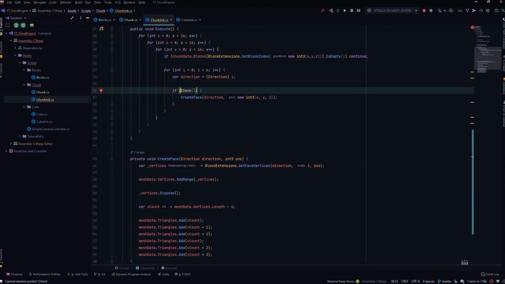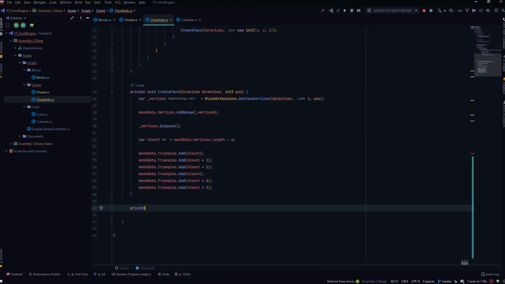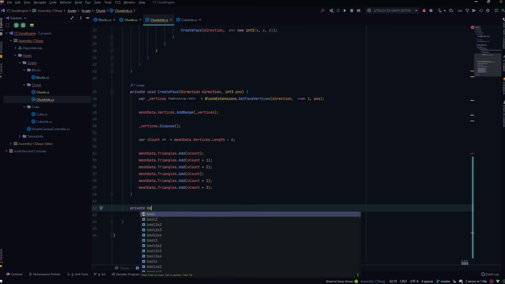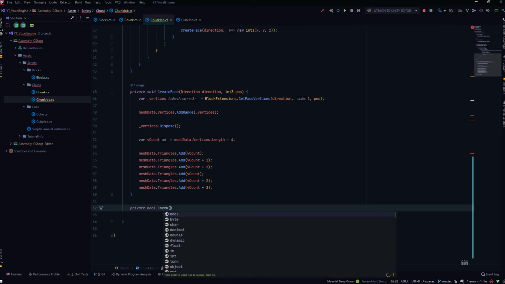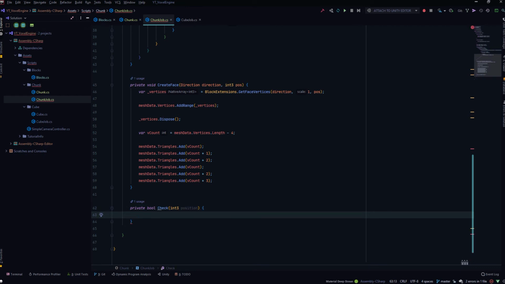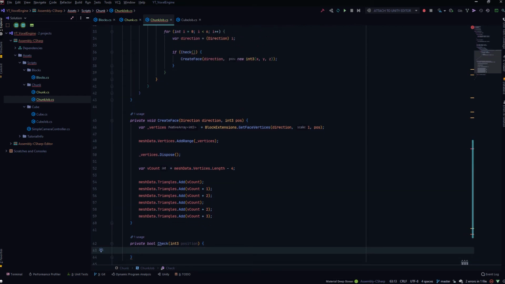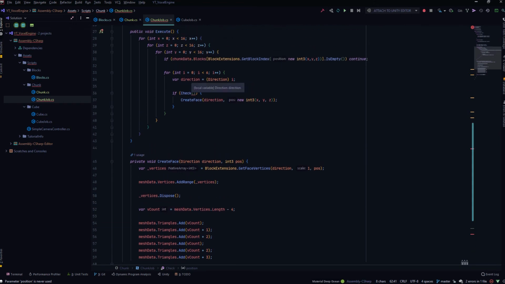Okay, so the only thing we need to do now is implement this check function, which is pretty simple. So we'll have a private bool check. This will take in a position, so it will be an int3 position. And it will return whether this position contains an empty block or not. Now before implementing the check function, we need to get the correct position. Since we are checking the neighboring blocks, we'll need to increment or decrement the corresponding axis depending upon the